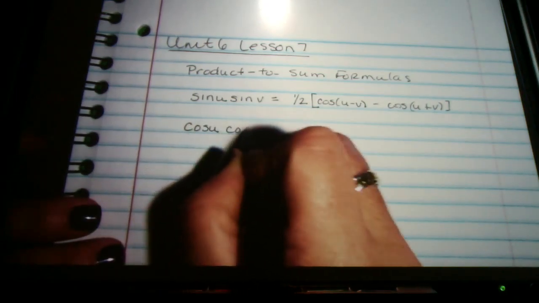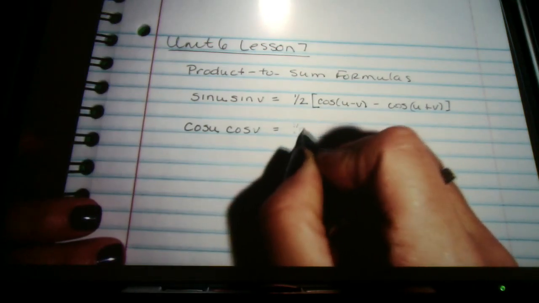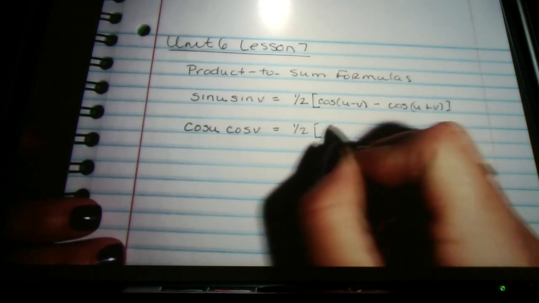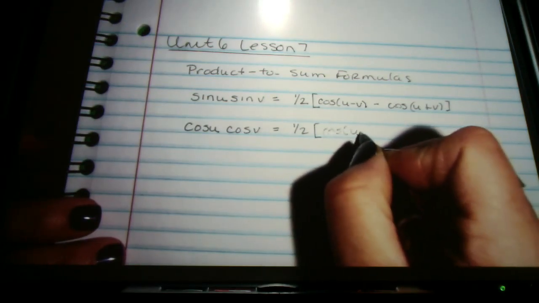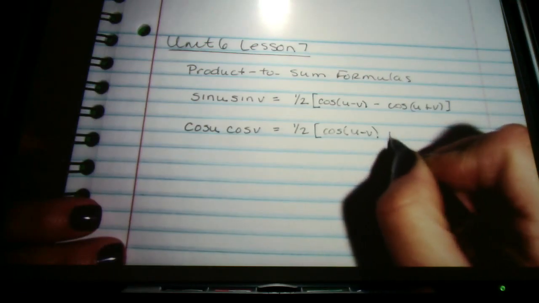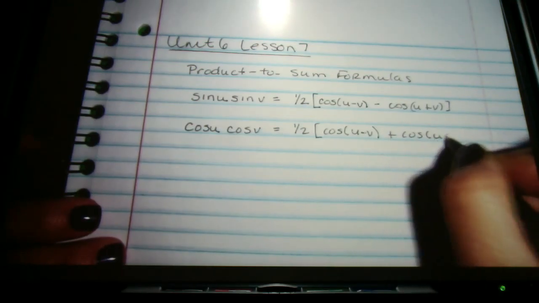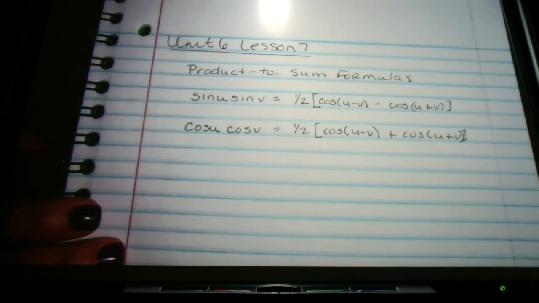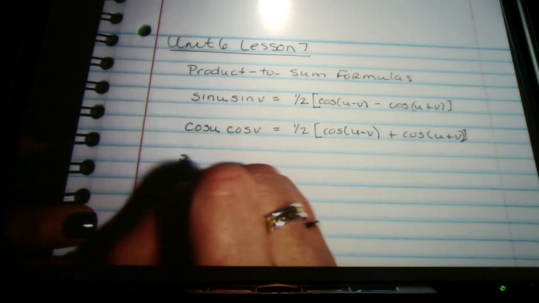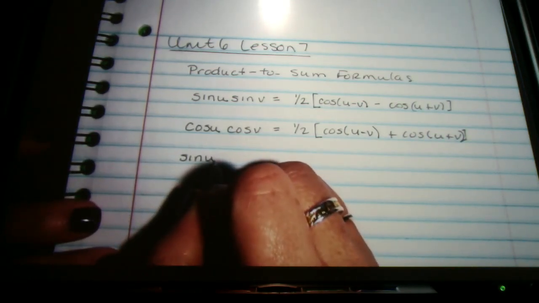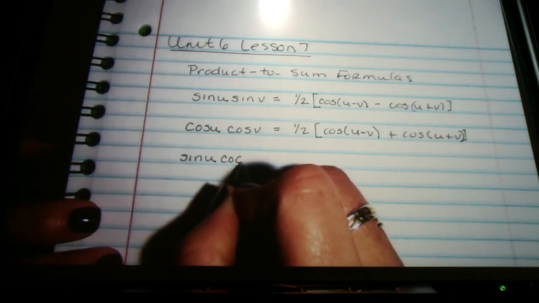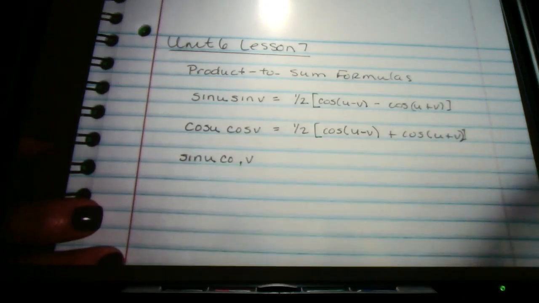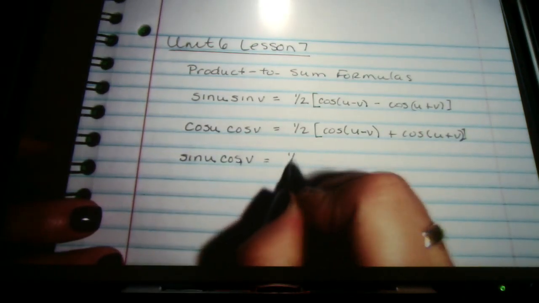Cosine of u times cosine of v equals 1/2 cosine of u minus v plus cosine of u plus v. Sine of u cosine of v equals 1/2